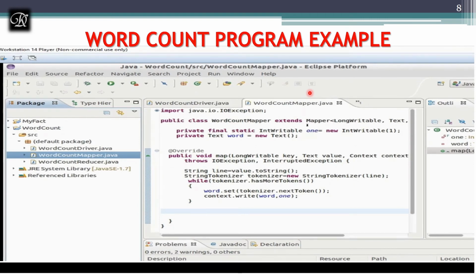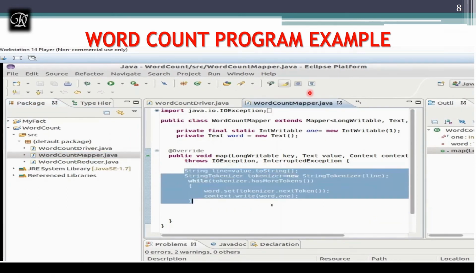We have a word count mapper, which extends the Mapper class and uses generics, and we write a map function that keeps track of any exceptions, reads line by line, and treats each line as a string.